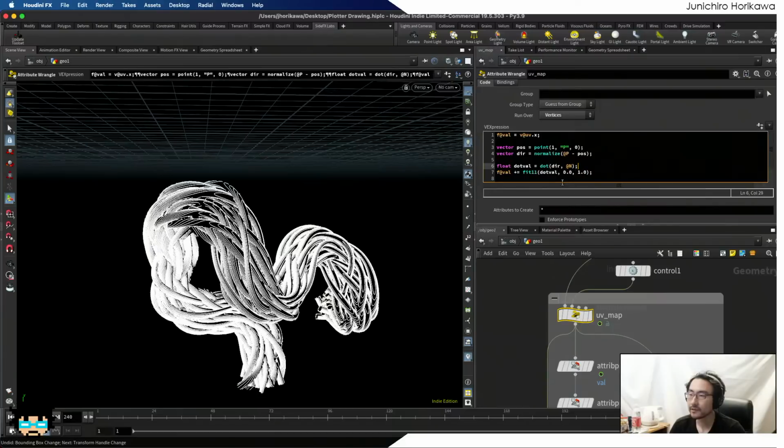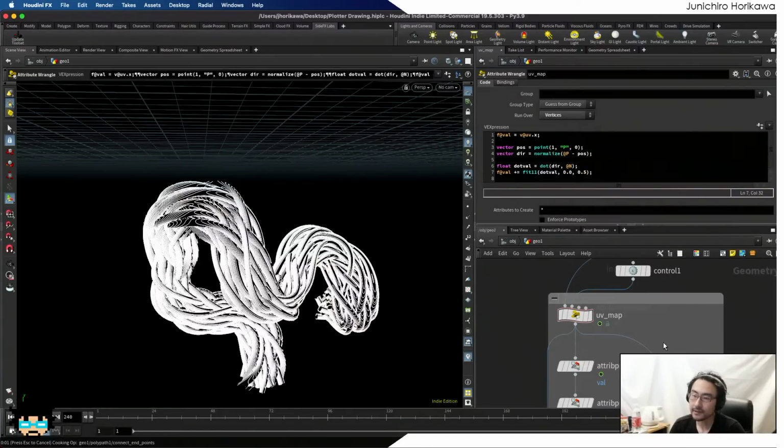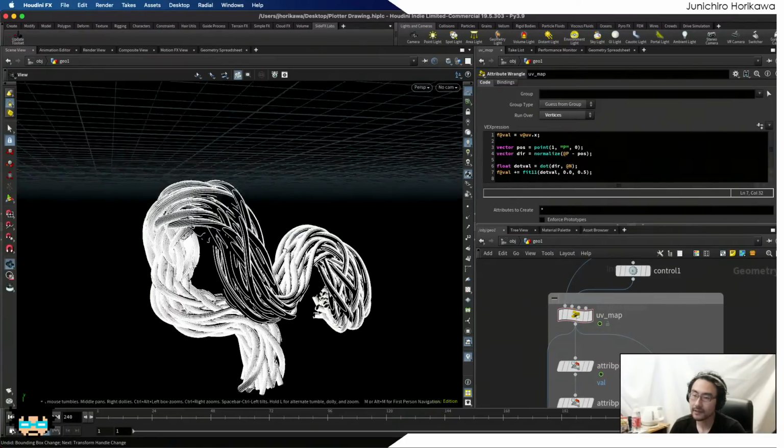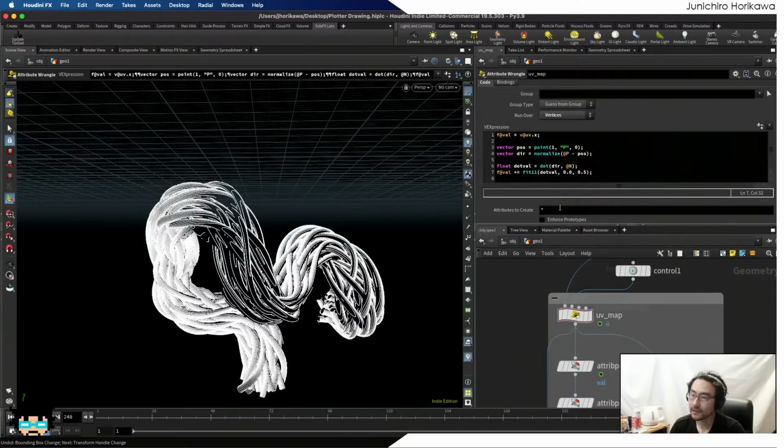For example, you could try changing this value to 2, making these bigger or smaller to see the differences. Now you do see a lot of difference with this smaller value, but it's not a clean gradient, so I don't really like that. So instead,